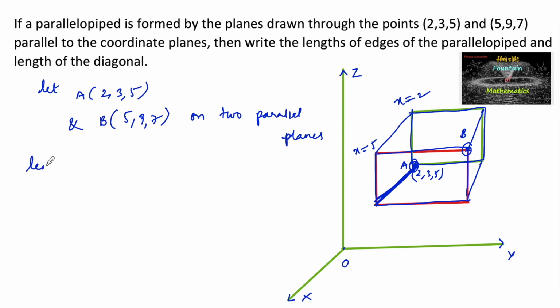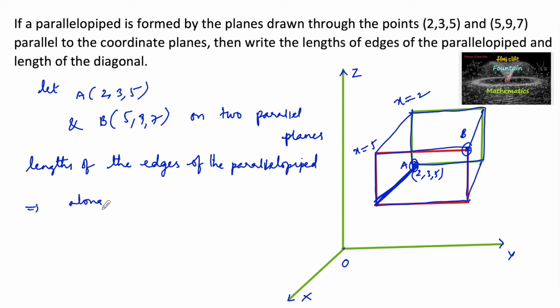So the length of the edges of the parallelepiped along the x-axis can be taken as mod of 5 minus 2, that is 3 units,